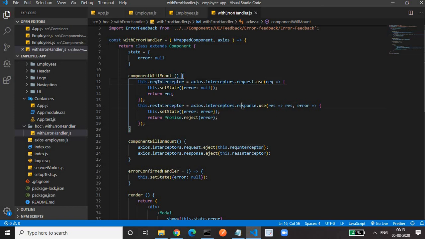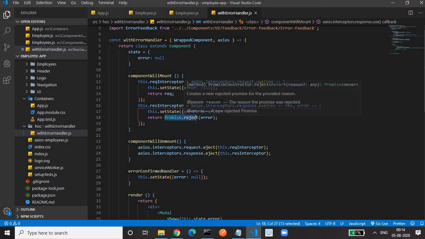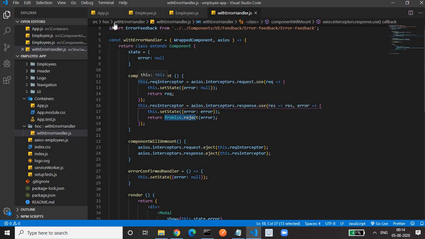Similarly, for the response we also need an interceptor, and it takes a response parameter as well as an error parameter. In the response we will get the server side error, in which we have to update the error state. Then whatever error we get, we have to reject it with Promise.reject(error). What is the use of this? This error will be sent back to the component in which we are making the AJAX call.